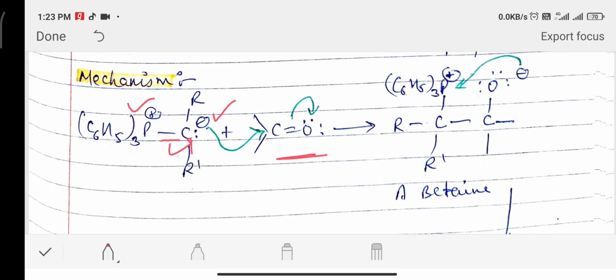So we get CO negative, and two groups are as such, and this carbon is attached to this carbon, and two alkyl groups are attached, and this group is present as P positive (C6H5) three times. So we have arranged these groups like this so that we can describe its further steps. This product formed is called betaine, and then